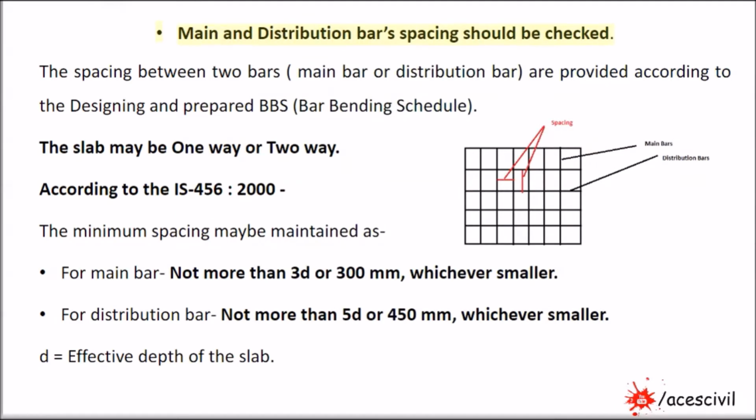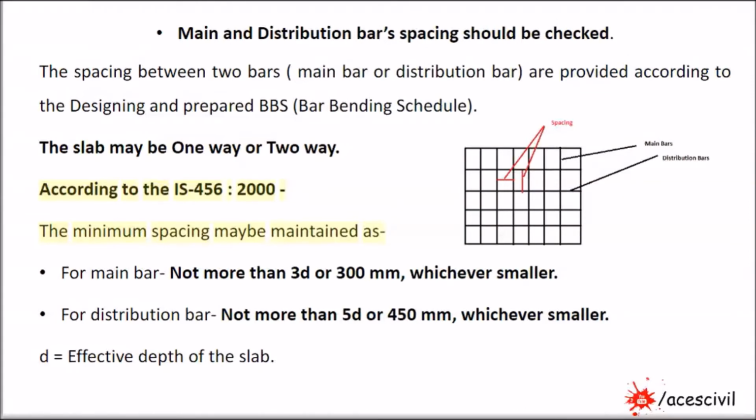Main and distribution bars spacing should be checked. The spacing between two bars, main bar or distribution bar, is provided according to the design and the prepared BBS, bar bending schedule. The slab may be one-way or two-way. According to the IS